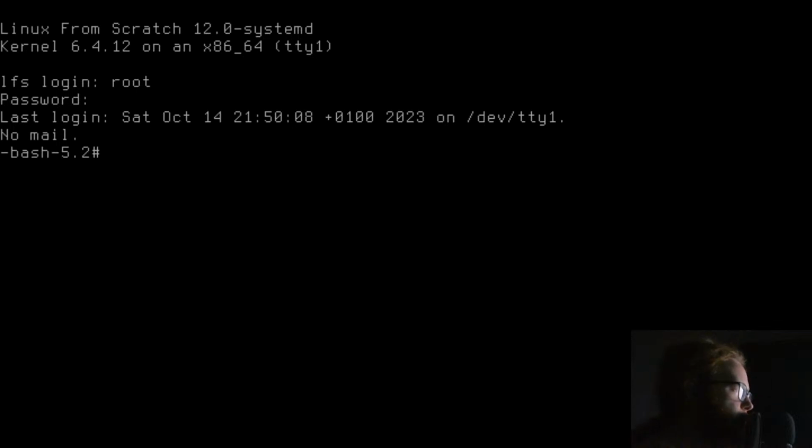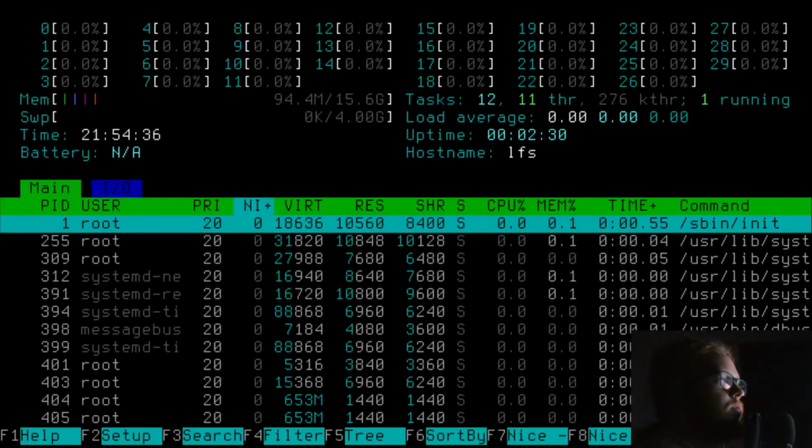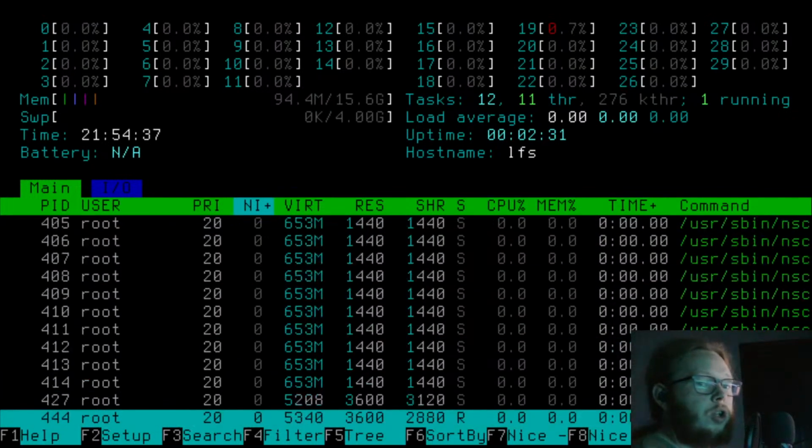Right. Okay. cat /proc/sys/vm/overcommit_memory, 0. Right. So what's funny is htop is using the most system resources.